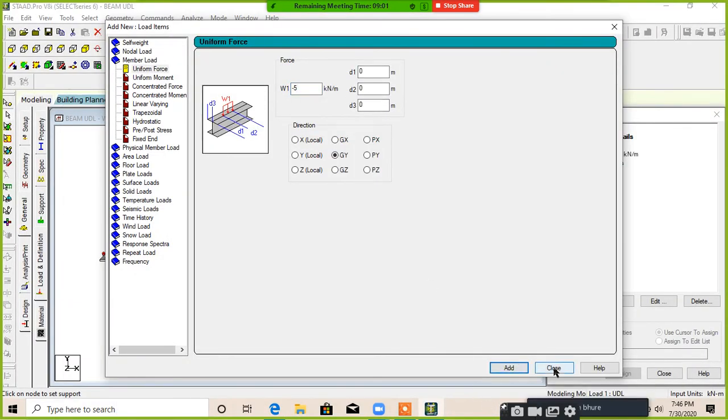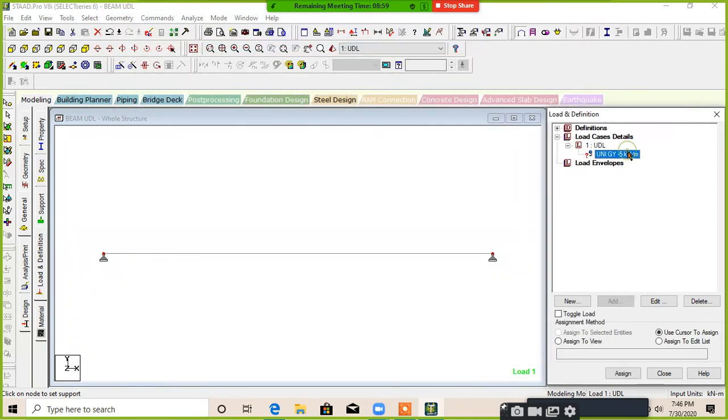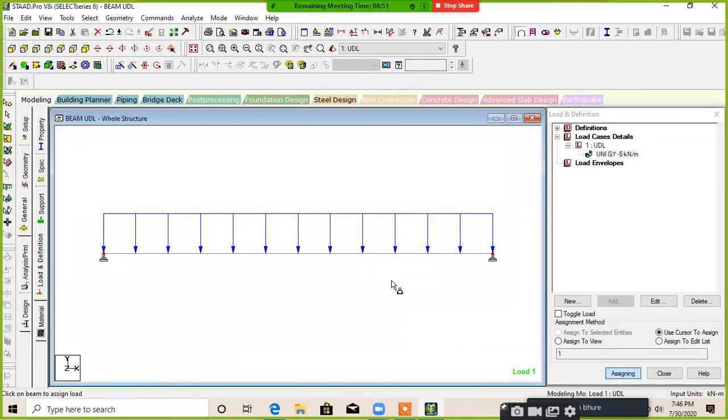Add and close. Select the load, select a method as use cursor to assign, click on the assign button and then click on the beam. Load is applied. Press Shift plus V for the intensity.